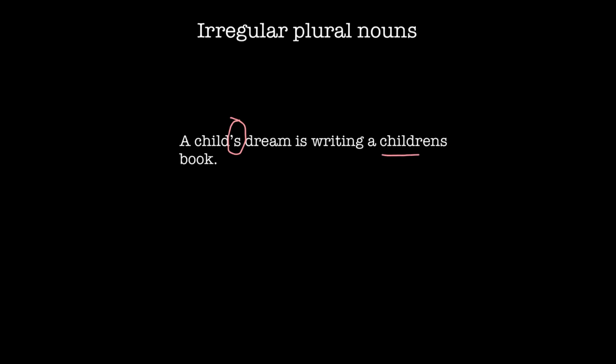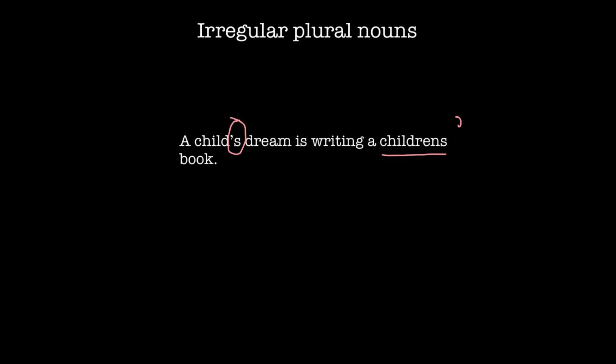When we get to here, though, children's wouldn't be a word, right? Because children is already a plural, and there's no apostrophe to indicate possession. Whose book? Children's, a children's book. So sometimes you might even see some might be inclined to put an apostrophe at the end because children's might